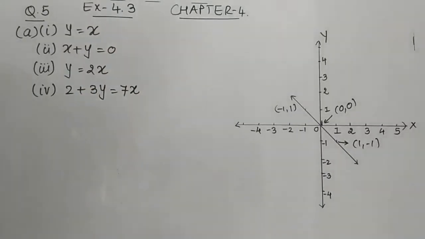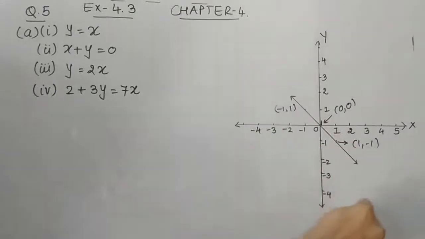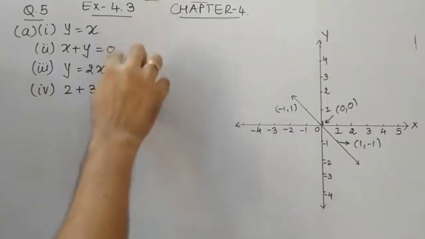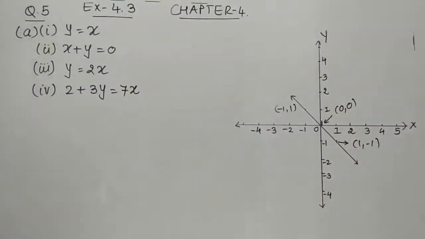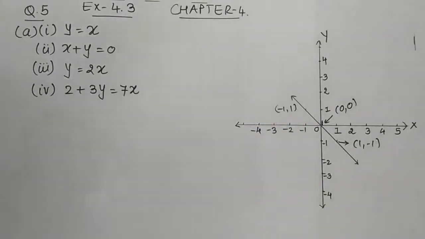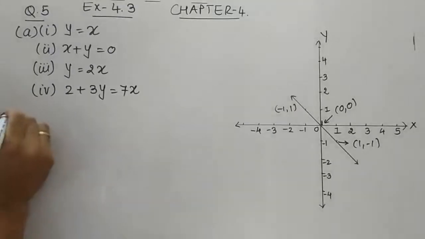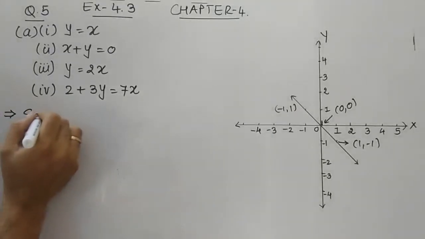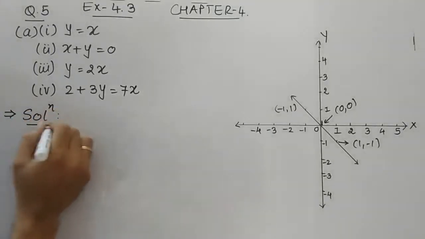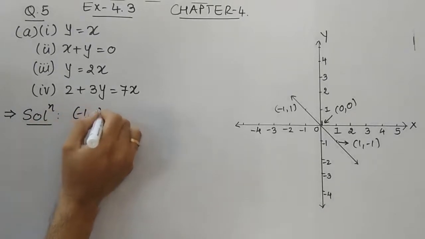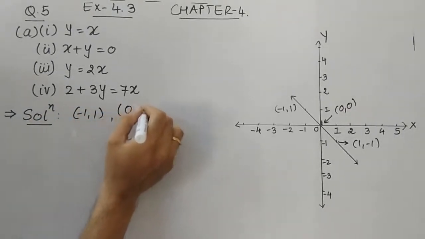In the first question, what did we do? We had the equation and we drew the graph. It is the reverse question. यहाँ पे हमारे पास ग्राफ है. So this graph could be of which equation, वो हमें ढूंढना है. So let's see how we'll find out. First, let us write down all the solutions of the graph. तो solutions 3 दिए हैं: (-1, 1), (0, 0).